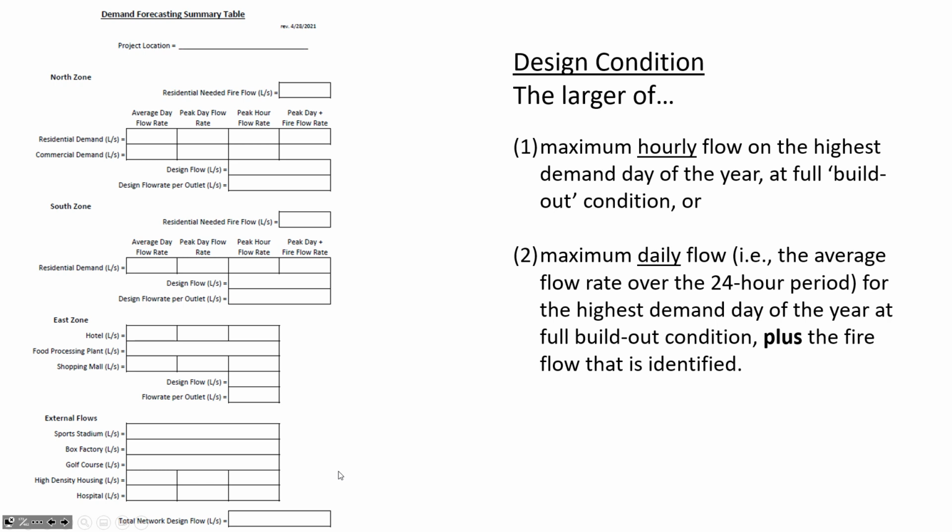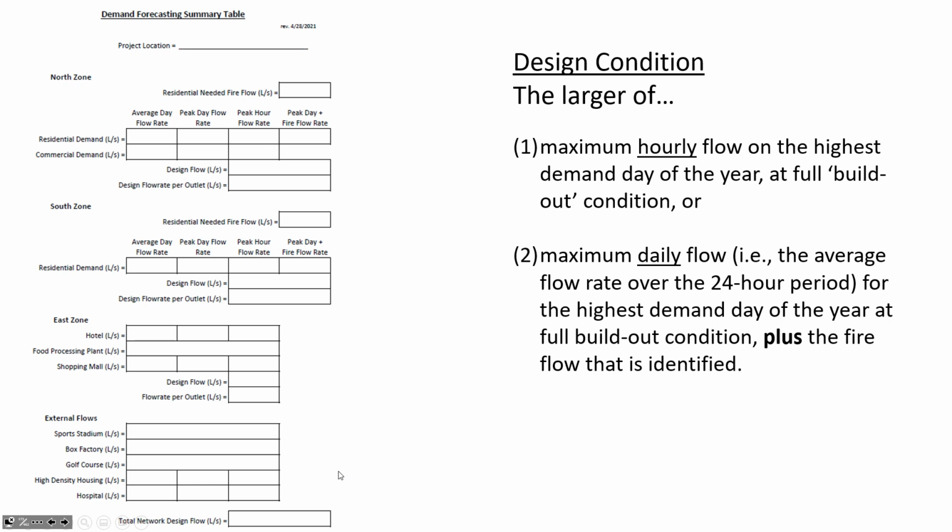And then he's going to have to do some thinking about the relationship between the number of people in a residential area and the water demand on the average day. So how many people are there and how much water is used per person per day. Commercial, the same area times the population density for commercial will tell you how many people are in the north zone doing commercial type things. That means that they're at shops or in office buildings. You can think of it as maybe they're at work.